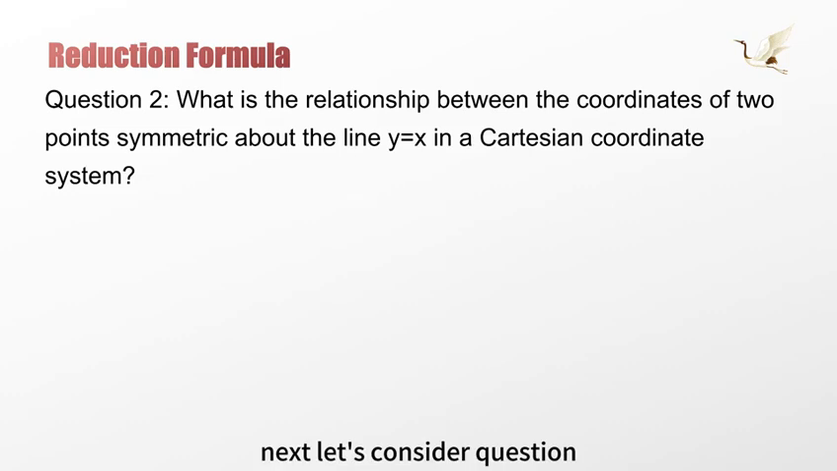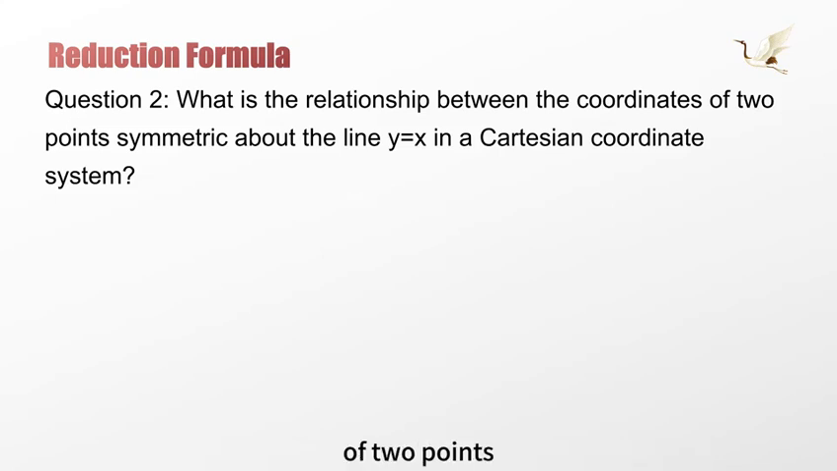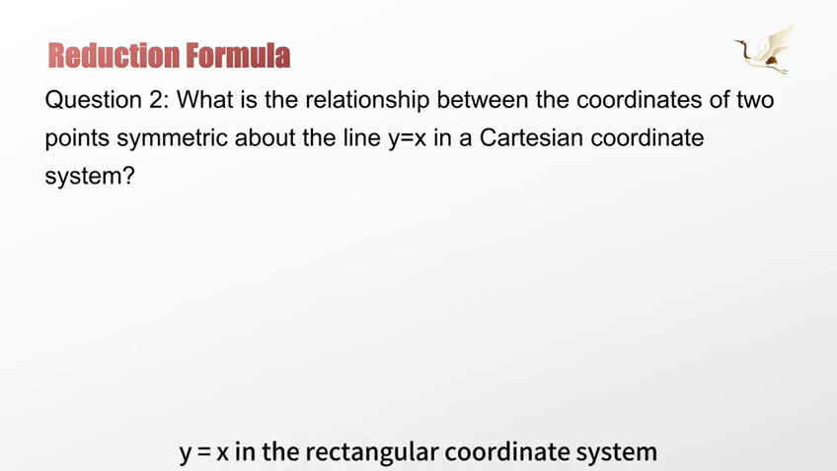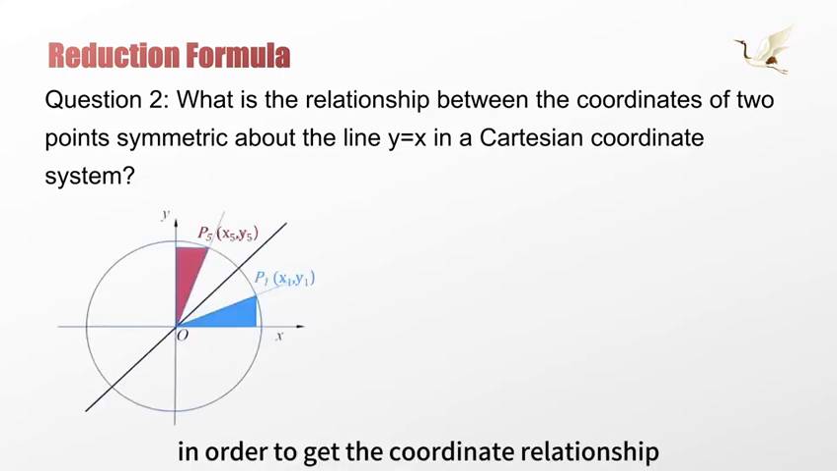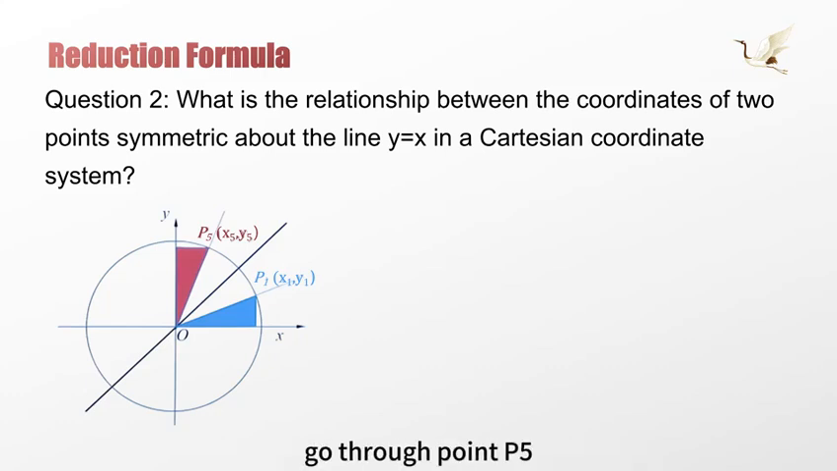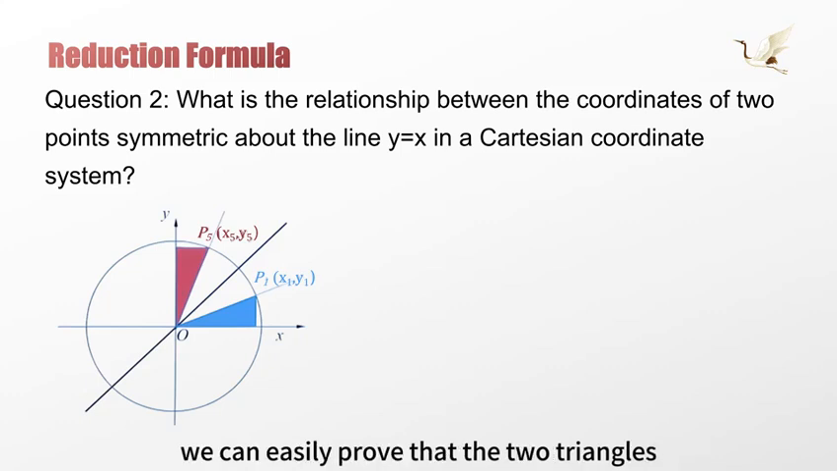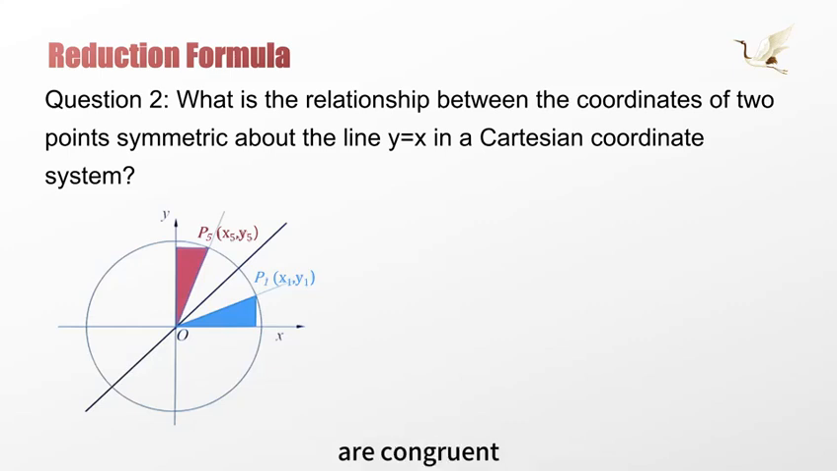Next, let's consider question 2. Is there any relationship between the coordinates of 2 points symmetrical about the straight line y equal to x in the rectangular coordinate system? In order to get the coordinate relationship, we can draw a perpendicular to the x-axis through point P1, and through point P5 draw a perpendicular to the y-axis. Since P1 and P5 are symmetrical with respect to the straight line y equal to x, we can easily prove that the two triangles